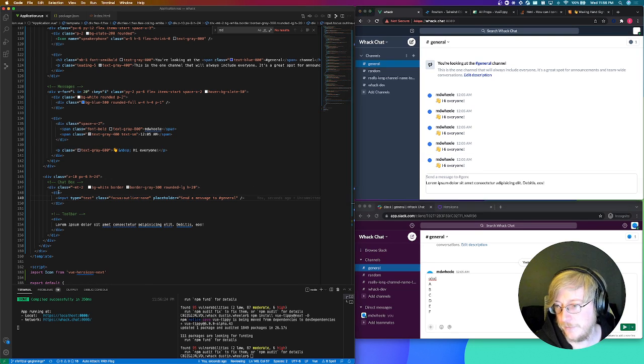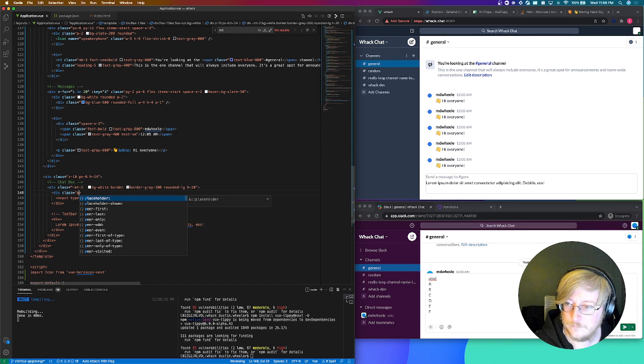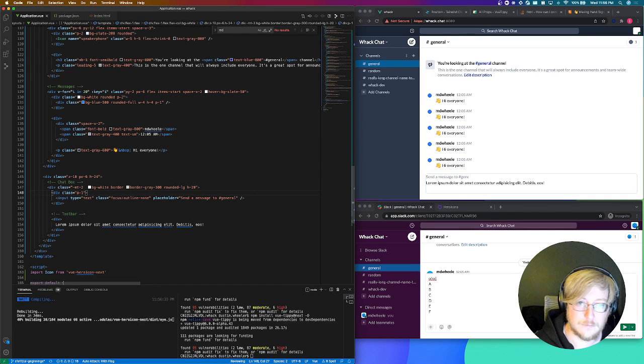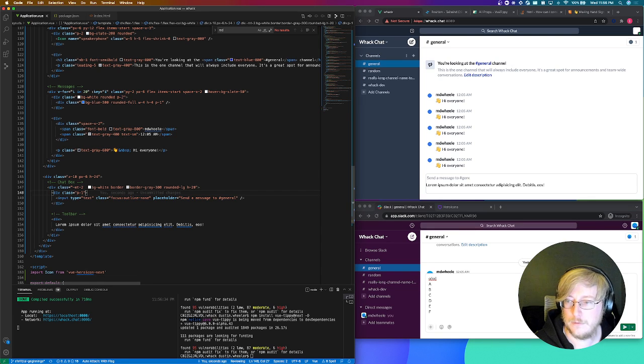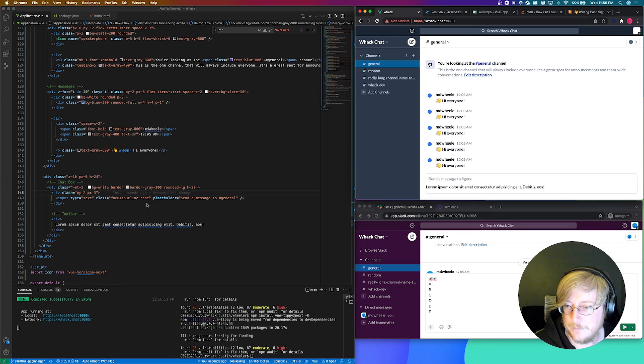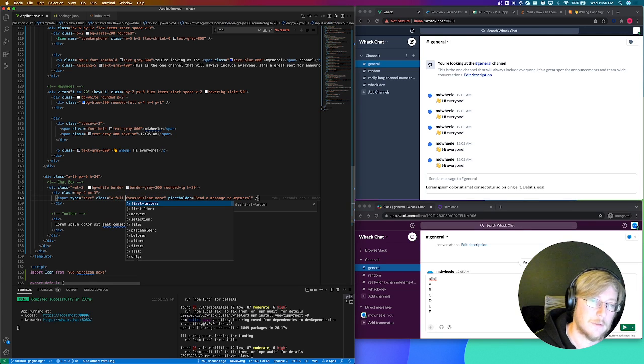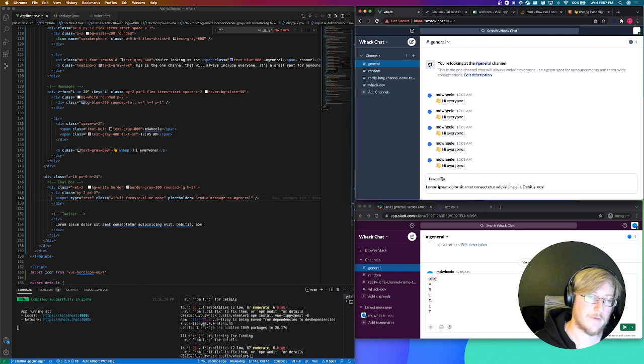I want some padding on there. Let's do P2. Say PY2 PX4. It's probably 3. That's what I'm really looking for. And I want this to be the full width of this div, so we'll say width full. So now this goes,